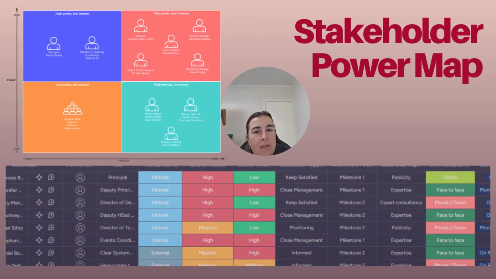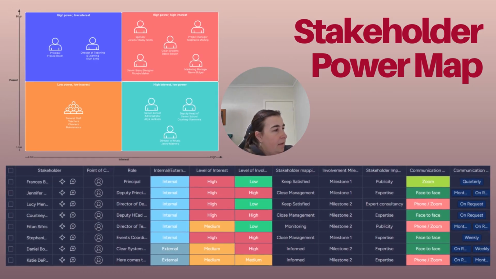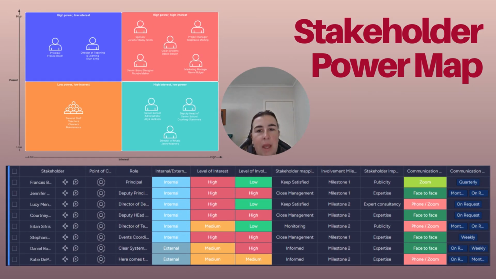All right, we have our stakeholder power map here. So here we have essentially a breakdown of how we'll communicate with the people. For those of us that are in a high power, high interest space, we're the core project team, we will keep communication frequent, probably weekly and collaboratively, so we stay really on task with what we're trying to achieve overall.